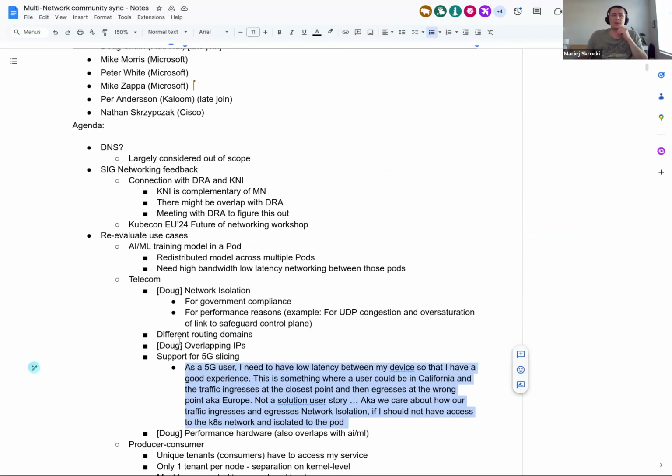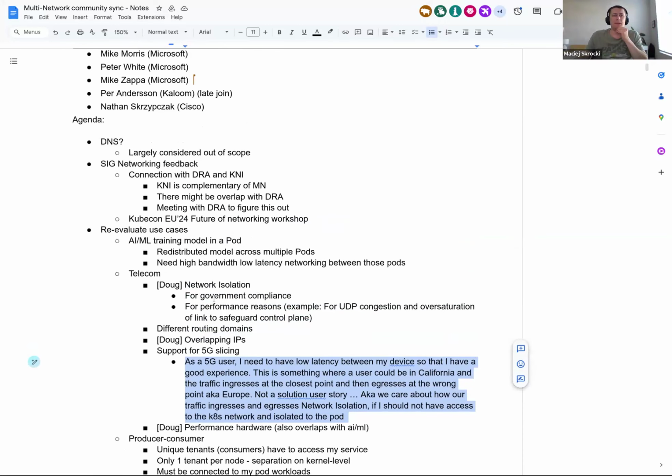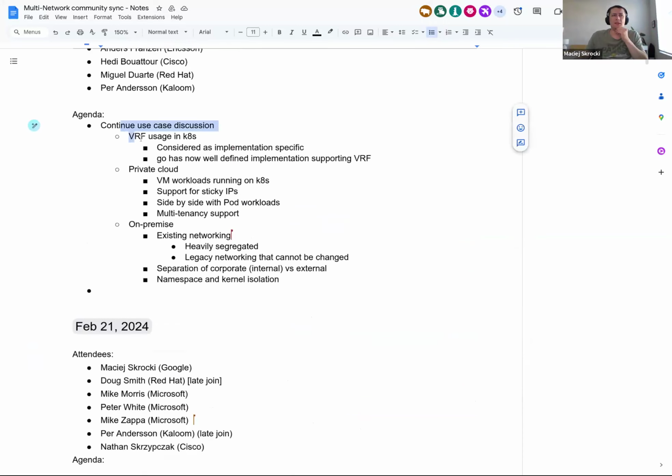And then I will update the CAP with those so that we have proper real-life use cases rather than just the kind of solutions that we currently have. Any other comments on this? All right, I think there was a good